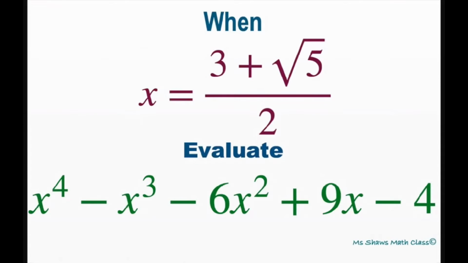Everyone, when x equals (3 plus square root of 5) divided by 2, we're going to evaluate the given polynomial. The first thing I'm going to do is rewrite what we have here. So cross multiply, and that's going to give me 2x equals 3 plus square root of 5, and write this as 2x minus 3 equals square root of 5. I'm going to square both sides,